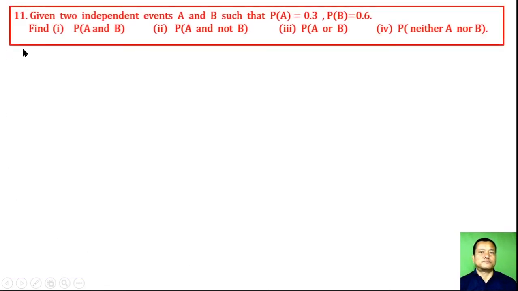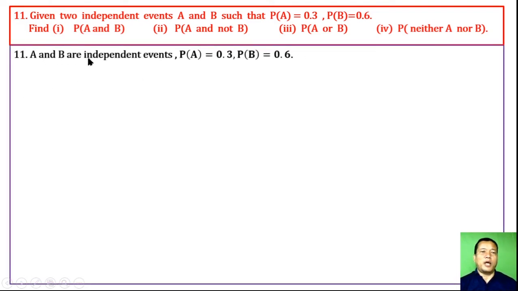For question number 11, given two independent events A and B such that P(A) is 0.3, P(B) is 0.6. Find P(A and B), P(A and not B), P(A or B), P(neither A nor B). Let us find out. A and B are independent events. Roman number 1, P(A and B), in symbol P(A intersection B), can be expressed as P(A) times P(B), as A and B are independent events, and putting their values,